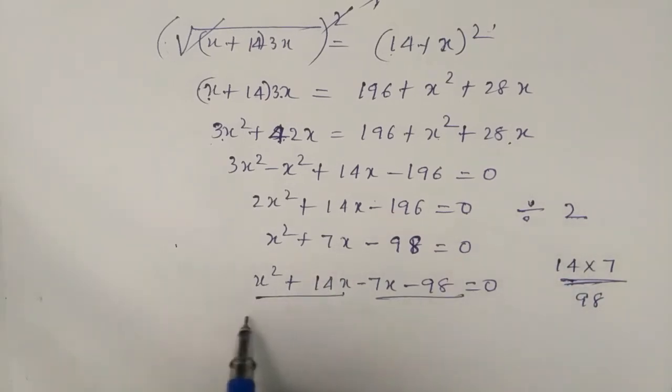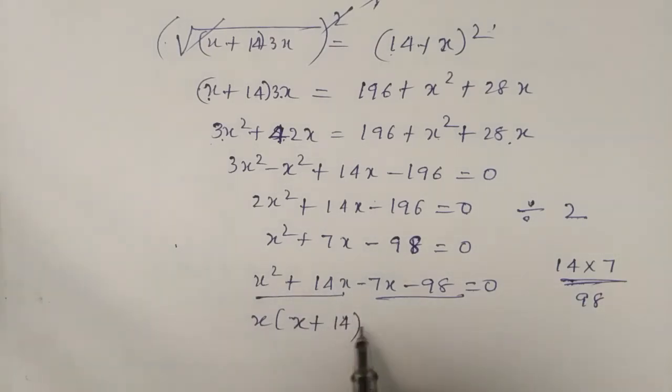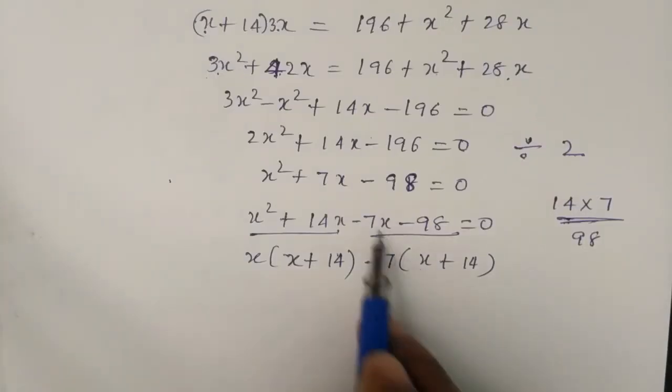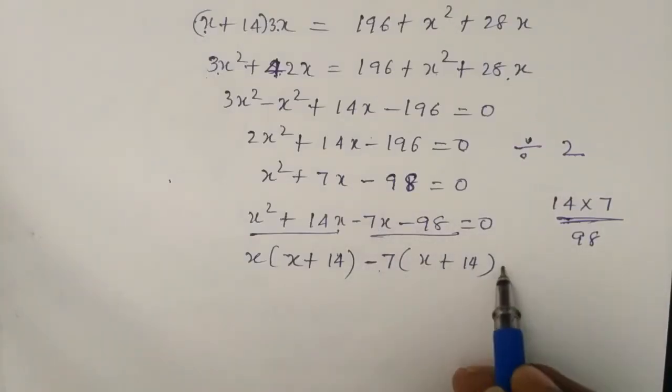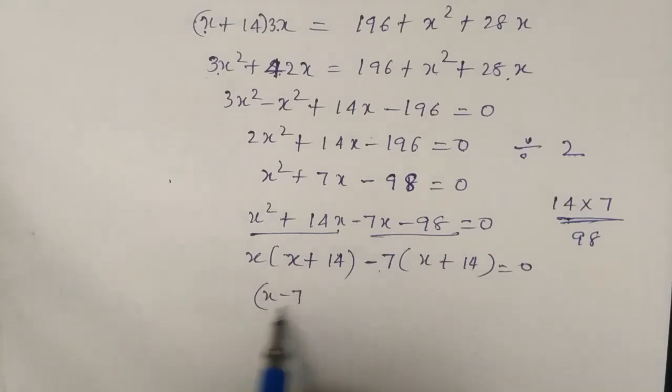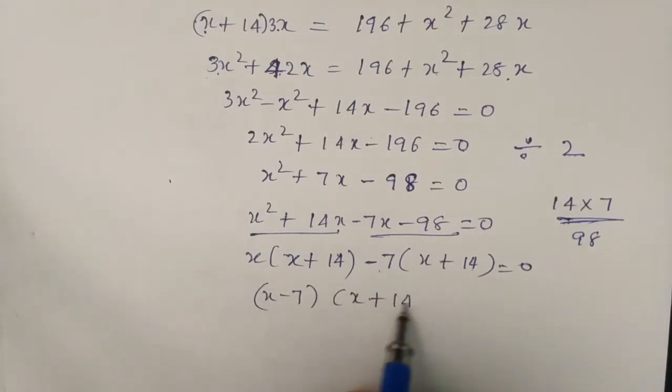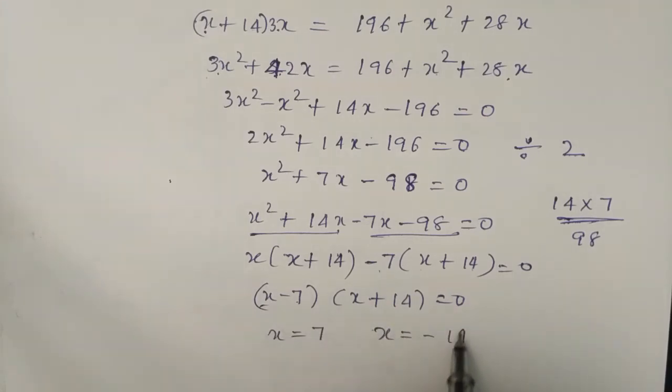So we group these two terms. X we removed from the bracket. It is x plus 14 common, same x plus 14 should come here, then the 7 is out of the bracket. 7 into x is 7x, 7 times 14 is 98. One group is x minus 7, another group is x plus 14. X minus 7 gives you x value plus 7, another x value gives you minus 14.